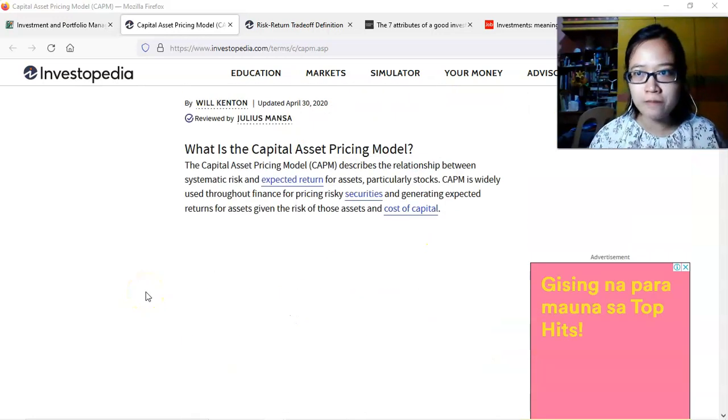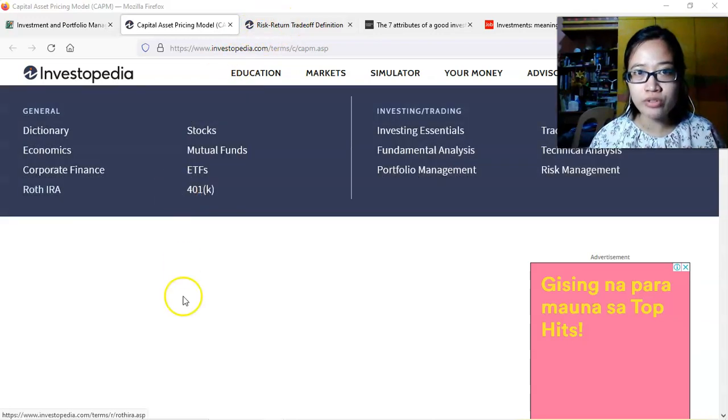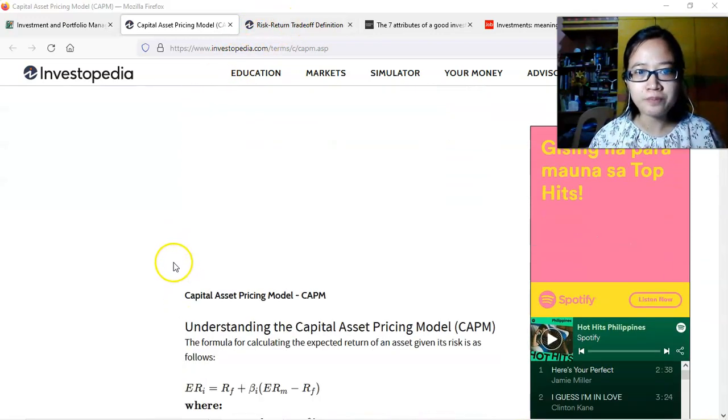So just in case, marami pa sa atin na not aware na itong risk and return. Di ba, investments, may kaakibat yan na particular risk, and then iba't ibang risk actually. And then, of course, there's a corresponding return depending on how much risk those investments are having. Okay? And later nga, discuss natin yung risk-return trade-off na yan.